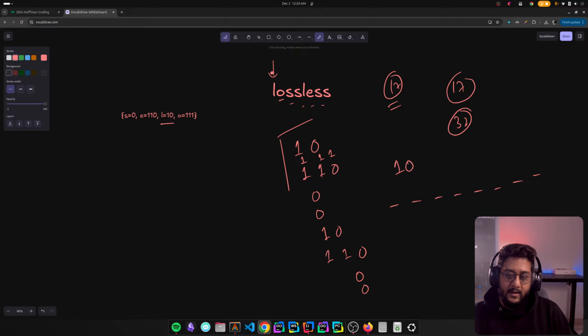L. So L here is 1 0. So you can say 1 and 0 because the cursor is here. So you say 1 and 0. Sorry. So your cursor is here now. So then you say O, which is 1 1 1. Then you say